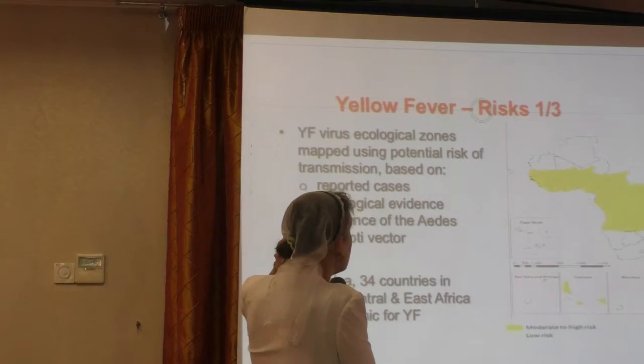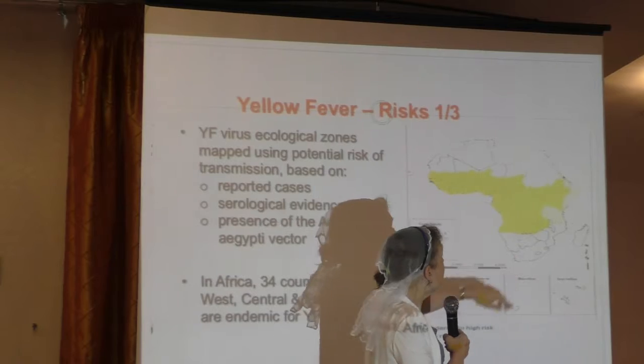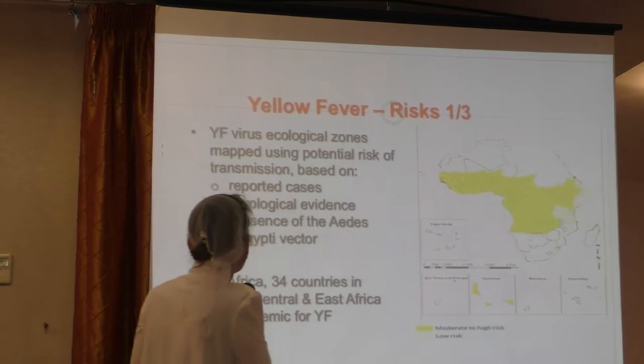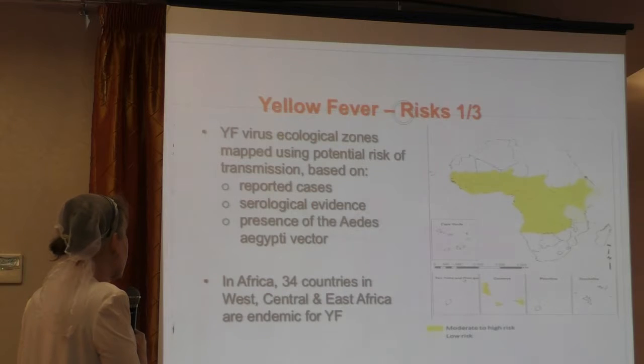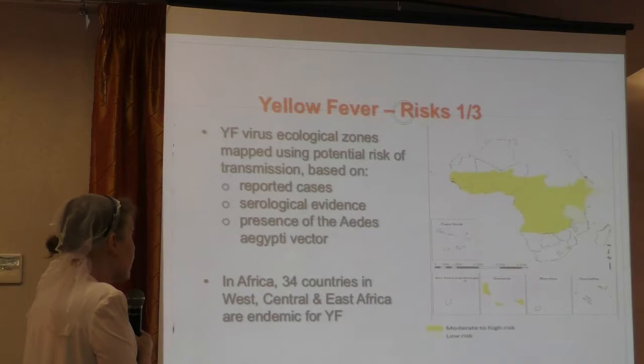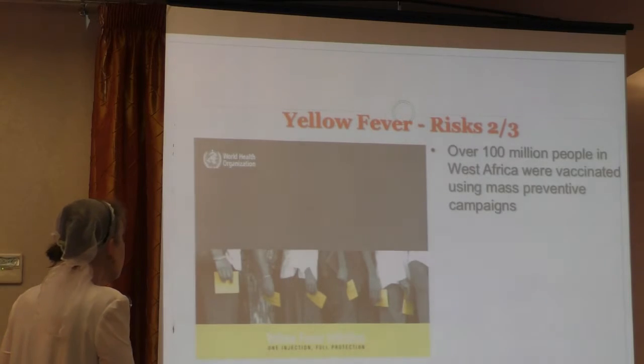So there are different zones. Here are your zones. Nigeria's in them. Okay, Ghana. Yeah. And you've got that lovely mosquito there. 34 countries are endemic for yellow fever. Go ahead. All right, so there's people with their